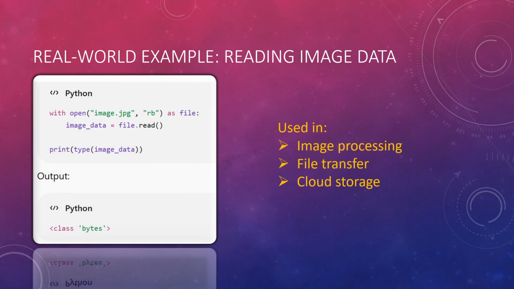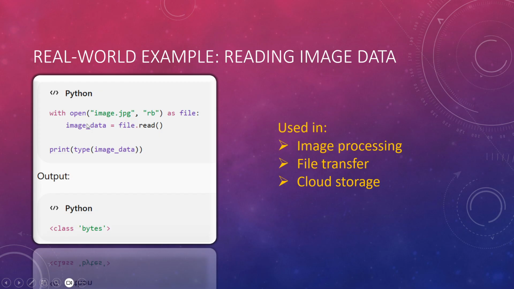Real world examples. So where do we do this? Reading image data. So what is this here? I have with open. You use the with keyword when you open it. Opening an image, this open is basically your internal function that you are calling and passing these parameters. Image.open takes the image value and "rb", which is your reading mode. And as file. So what type of object is it? File. Once it is a file object, you also have the read method.